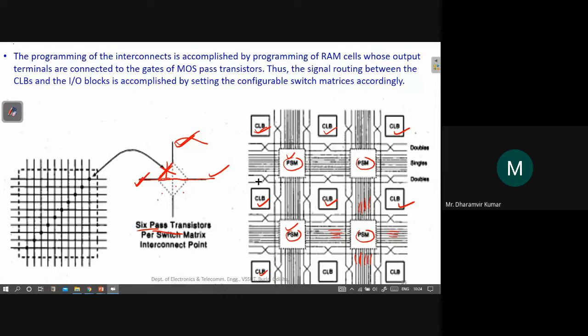We have a tool from Xilinx itself called Xilinx Vivado, which can be used for FPGA prototyping. This is also available in our labs.